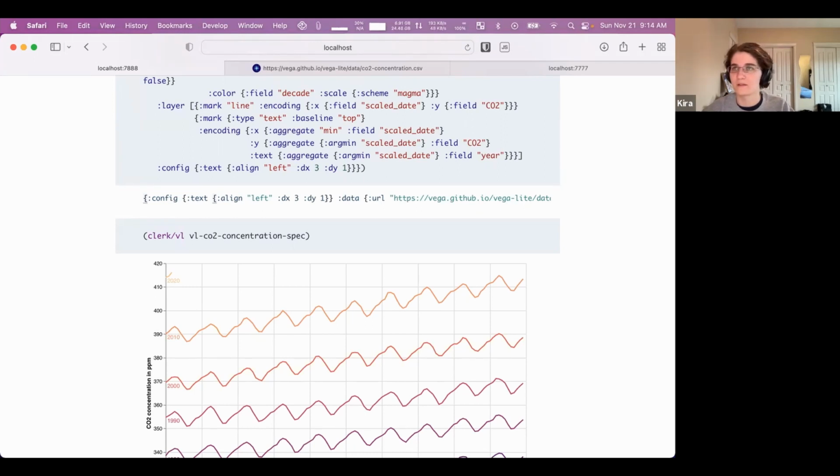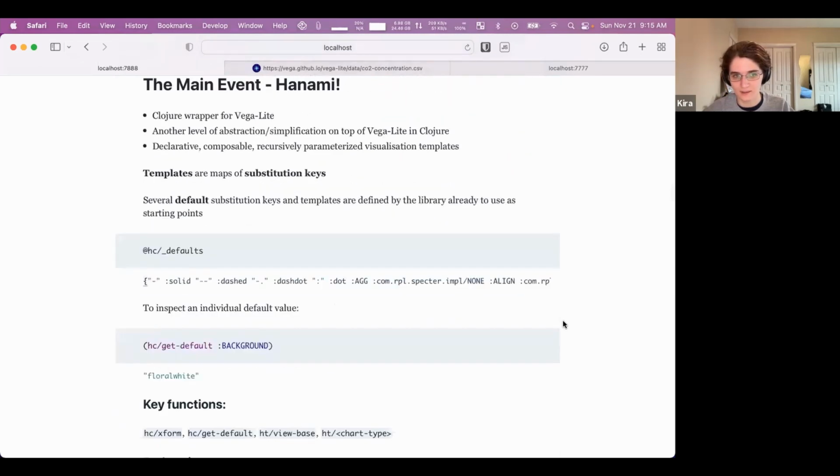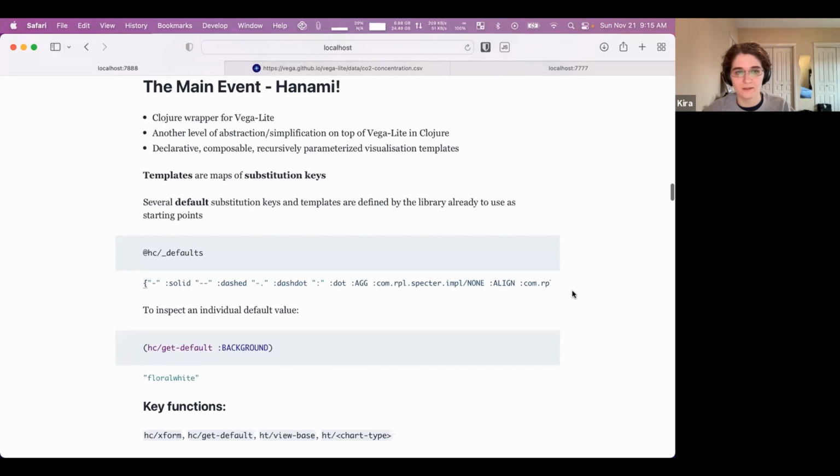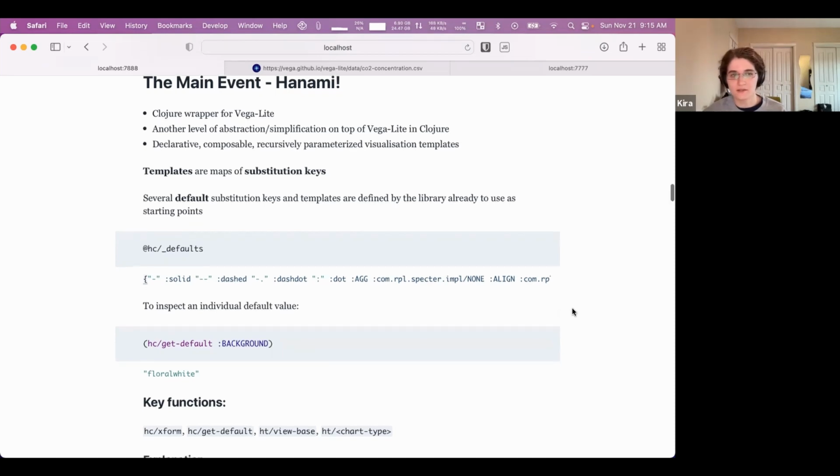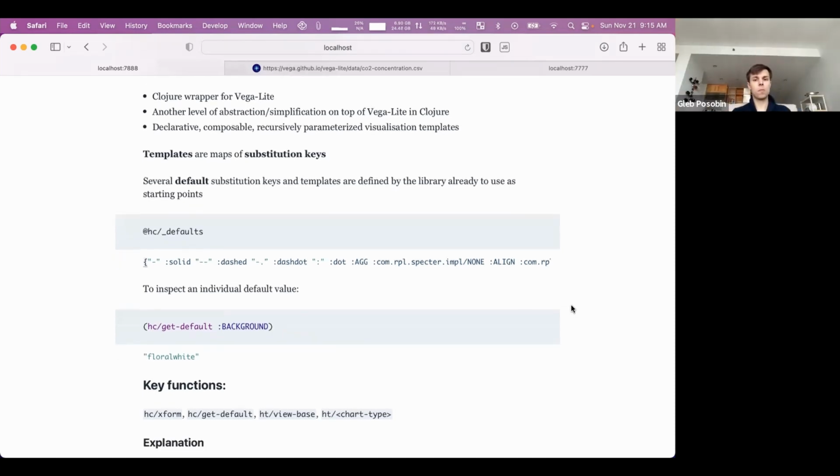Okay, well, if that sounds all good, then we'll move on to the main event, which is obviously Hanami. So Hanami is a Clojure, well, there are different ways to think about it. One way is as a Clojure wrapper for Vega-Lite. Vega-Lite is this JavaScript-based framework for visualizing data, and Hanami adds another layer of abstraction or simplification on top of it, but it's in Clojure. But you can also think of it just as its own thing, a kind of declarative